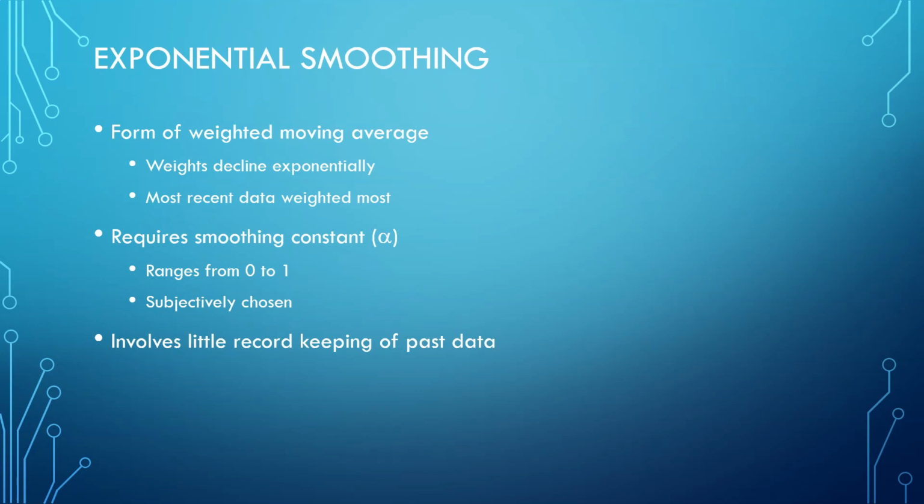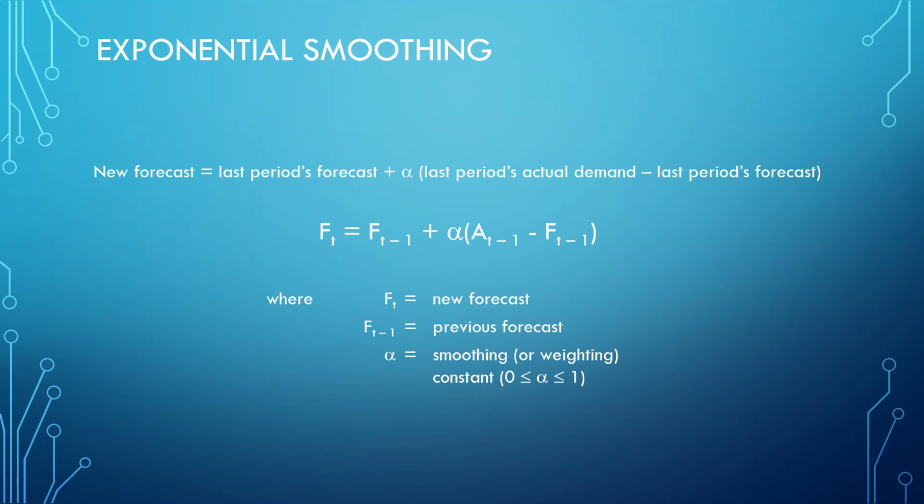The exponential smoothing is a form of weighted moving average where weights decline exponentially and the most recent data is weighted the most. This method requires a smoothing constant called alpha that ranges from 0 to 1. This constant will be subjectively chosen. The exponential smoothing does not require a lot of past data or record keeping. The forecast